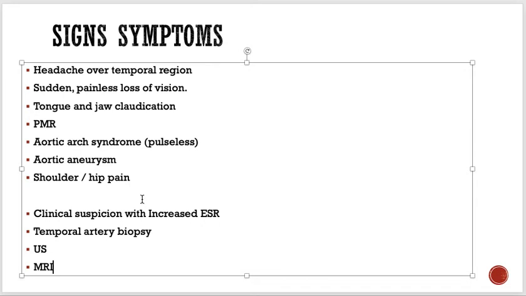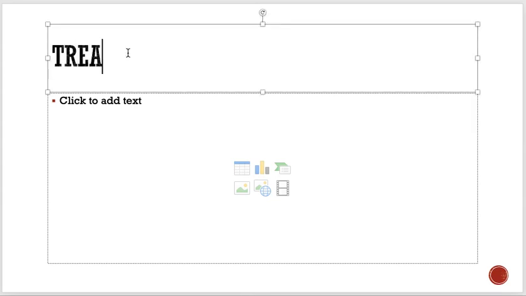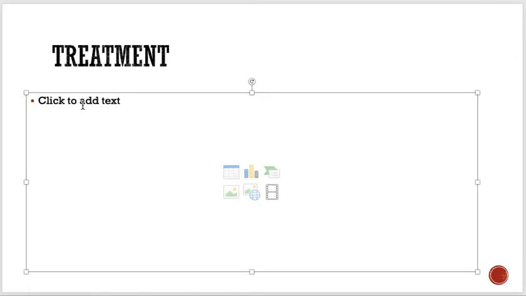So now the most important point to discuss in this condition is the treatment, and many of the exam questions, especially STEPS and lab type of exams, ask questions from this. Remember, guys, it's a medical emergency. Why? Because it can lead to blindness. Many people become blind because of this, so anyone in whom we even suspect GCA,